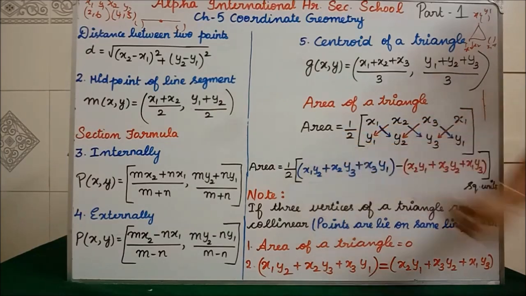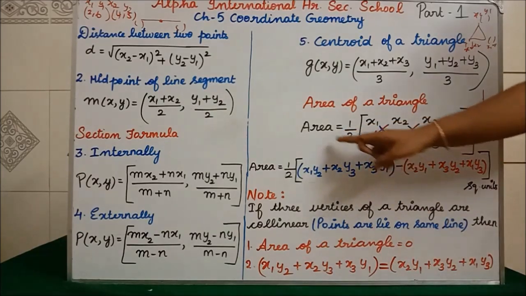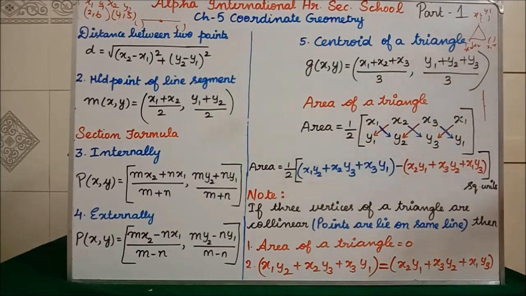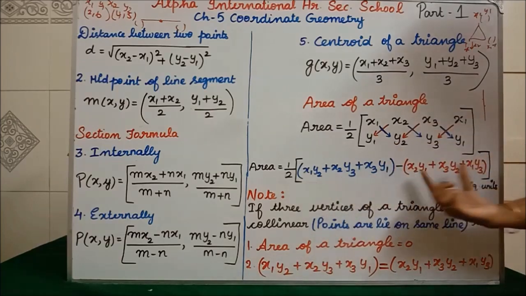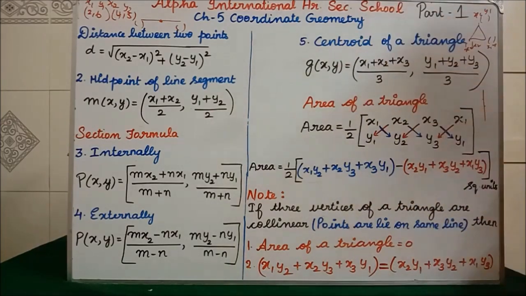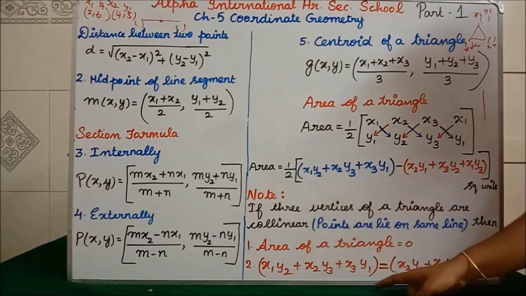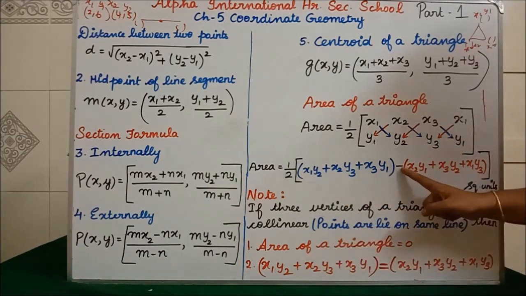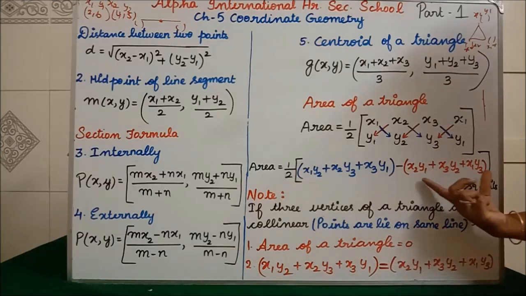If you cross multiply, what will we get? This 2, if it goes that side, 0 into 2 is 0, isn't it? So 0 is equal to this term minus this term. This minus term, if it goes that side, fully it will become positive, isn't it? So first you can write area of a triangle equal to 0, or otherwise you can write this part. In between the minus we can write equal to, and we can write this part.